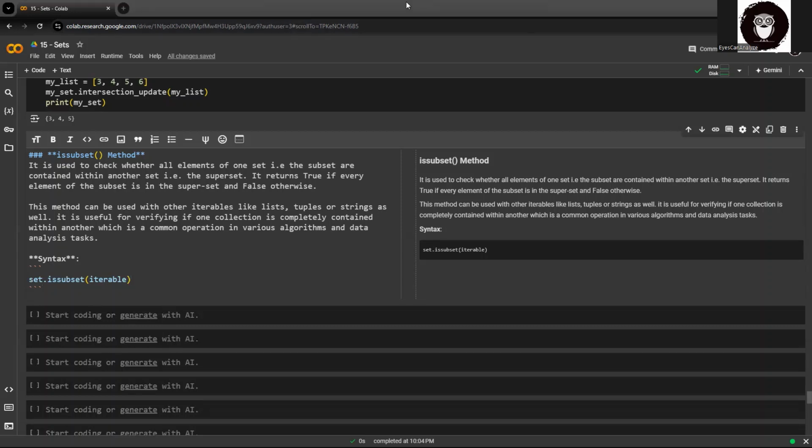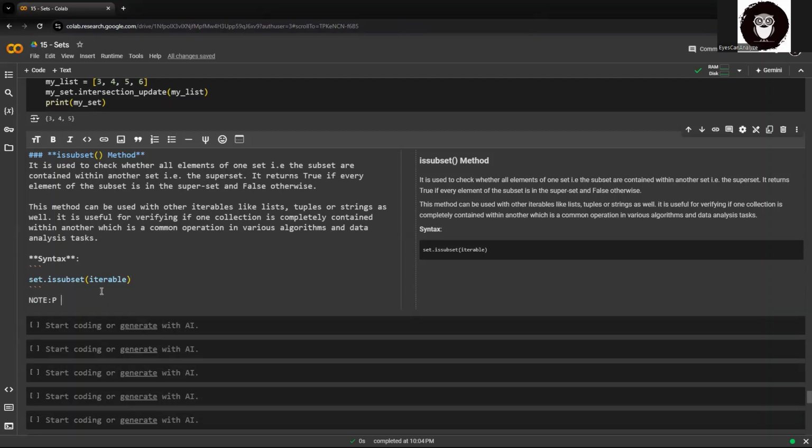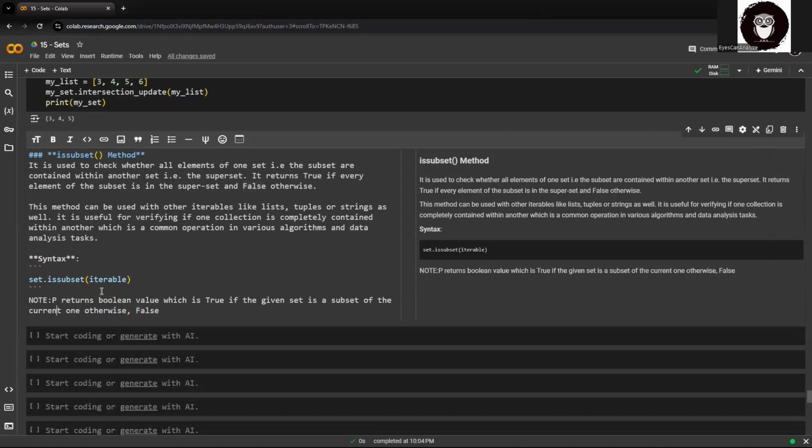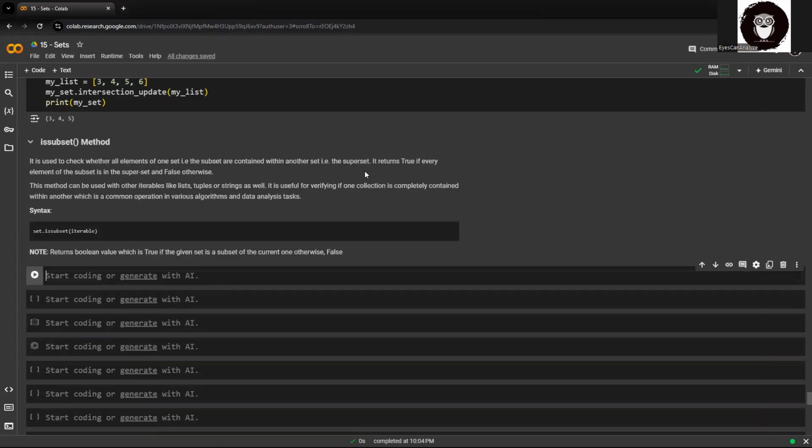So you need to always remember it returns a Boolean value, which is true if the set is a subset of the current set, or otherwise it is false. You need to note that. I'll just write a note here of what it returns. So let's quickly run through an example, a basic example